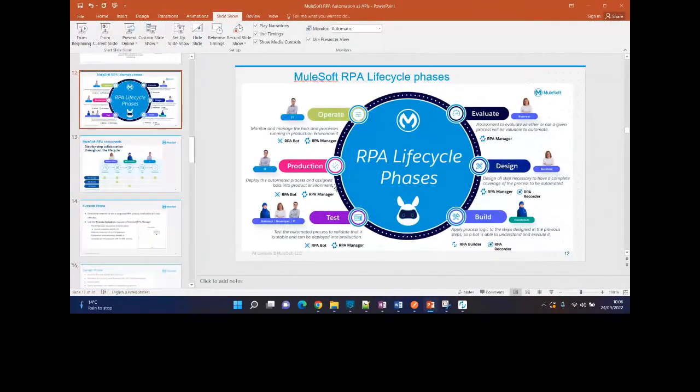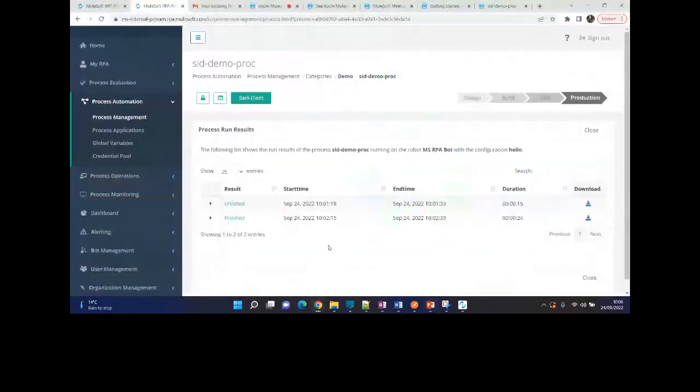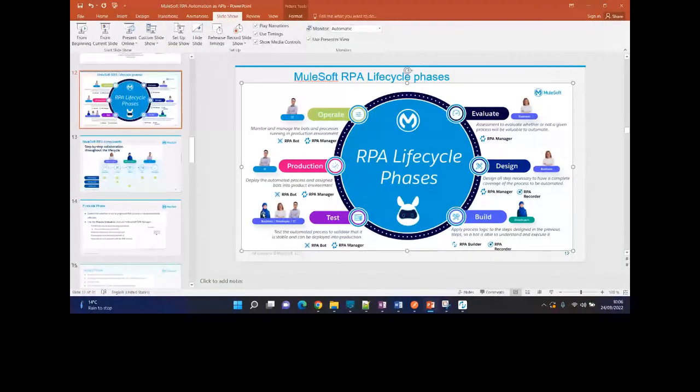Yeah, so your question was regarding where that RPA bot is getting used in the process you created. During your deployment stage, after you have tested it, you need to deploy it to the RPA bot. Once you've created the BPMN, you'll do testing, and to do that, you'll have to put it onto an RPA bot. An RPA bot is something you can create an instance of, and if they already exist, you can use them. Basically, your process will get deployed onto that RPA bot. I hope that answered the question.